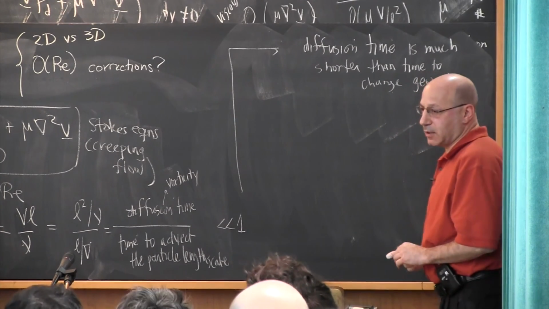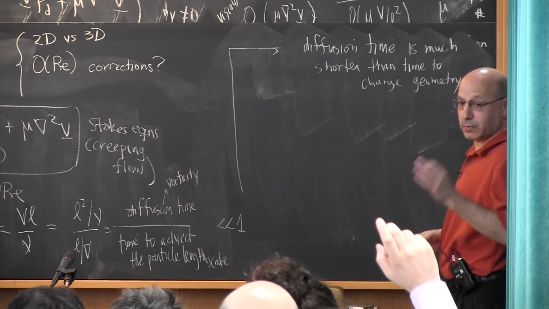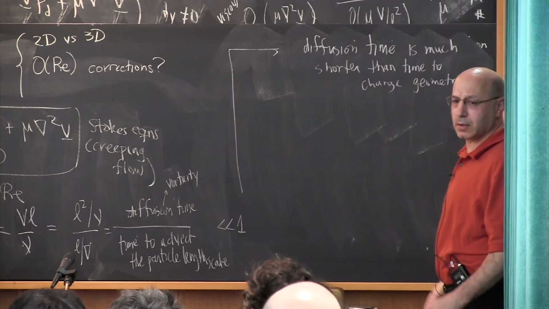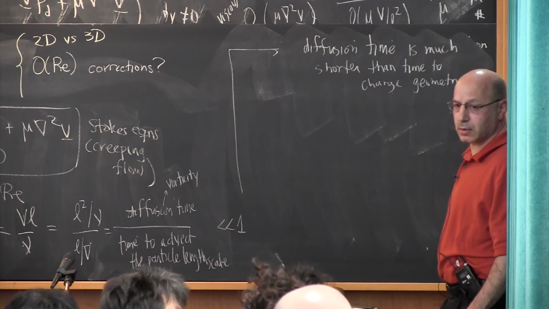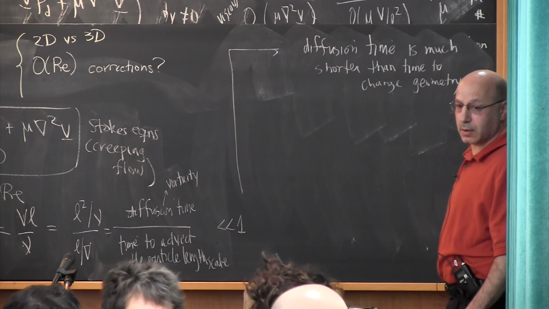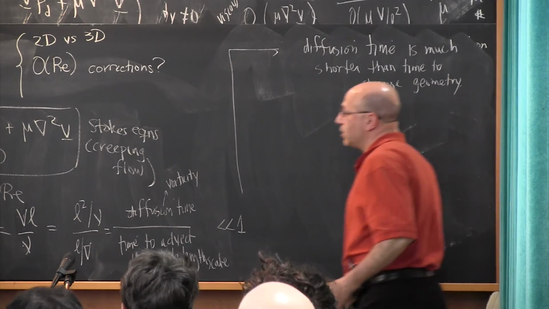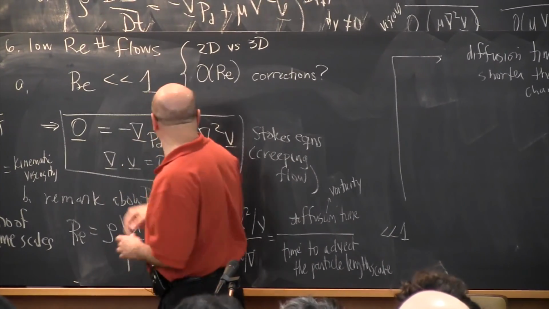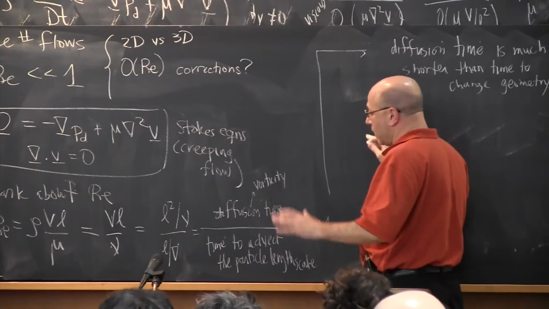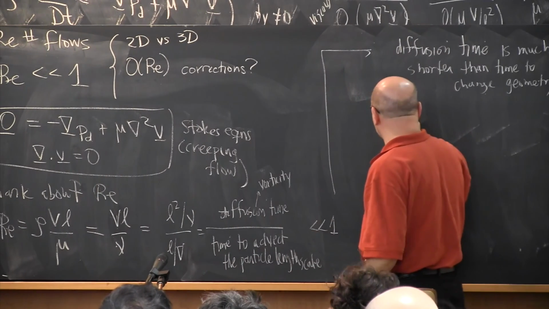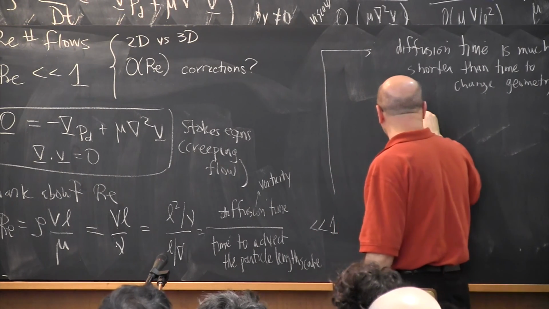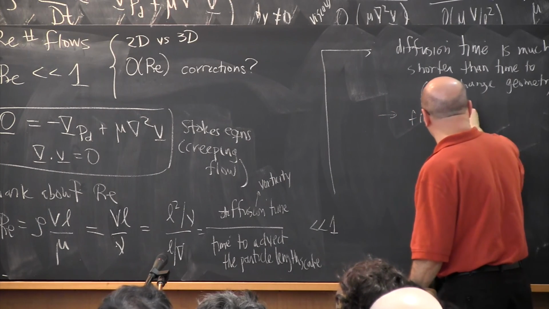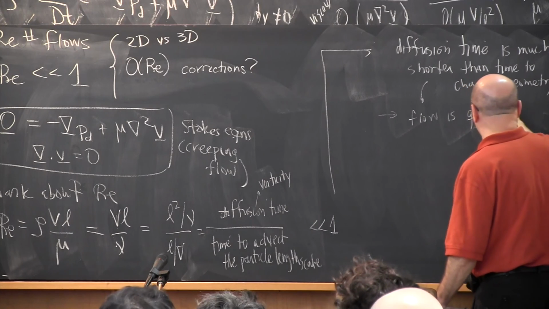Okay, so that's just a convenient way to think about it. Question: with this choice, you're always neglecting also the partial time derivative. It's always steady flow. Yeah, so the question is about the inertial term, and in particular the partial time derivative. That can be a delicate question, but for the majority of problems, we're also assuming the flow is, and I wouldn't call it steady, I typically call it quasi-steady,